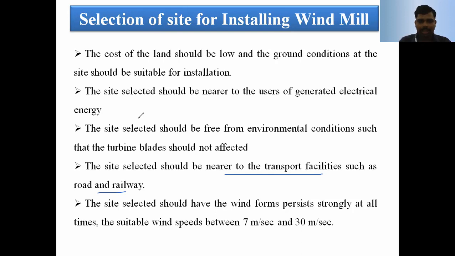For the particular places, the wind speed, the wind velocity is maximum comparing to the remaining places, and significant attracting to the tourism infrastructure places, and land use is primary to grazing and the cropping. And wind speed generally it is available 7 meter per second and then 30 meter per second in between the available.